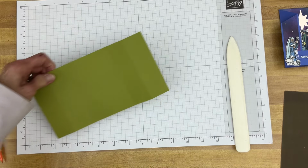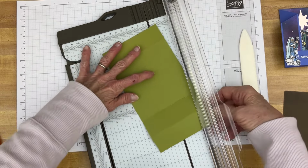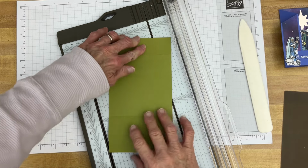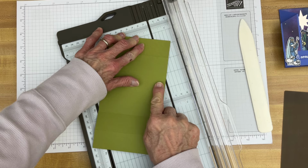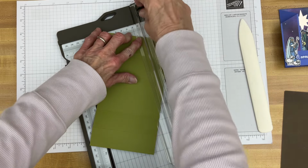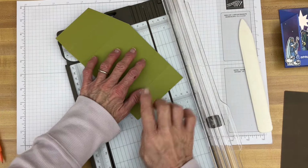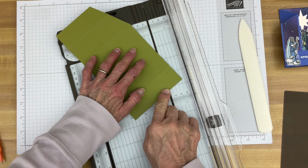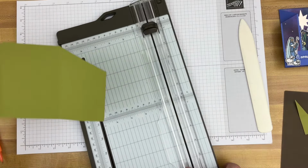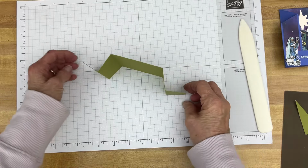Then we'll get the trimmer. This time we're going to push the scoring blade to the bottom because we're going to cut. And what we're going to do is line up our mark with the second score line down. Right there. And cut. Then we'll do the same thing over here. Second score line, line it up with our mark, and cut. And there is our angled card,